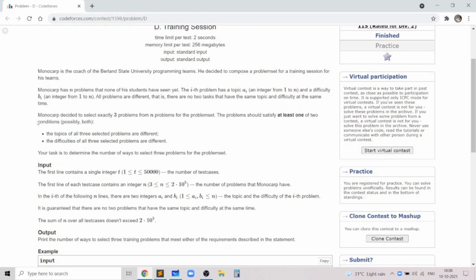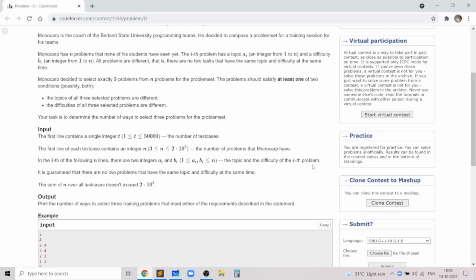And whenever we see "or", two strategies come to our mind. Either we can use the inclusion exclusion principle or we can use complementary counting. Now, complementary counting is usually a safer and easier approach to find out rather than inclusion exclusion principle. So that's why I'll be showing how we can use complementary counting.